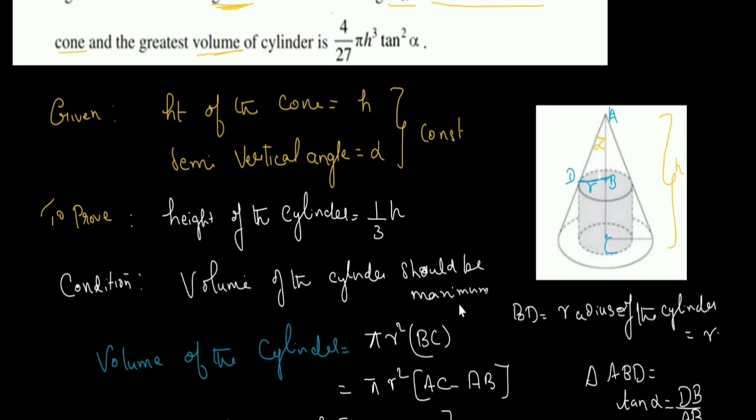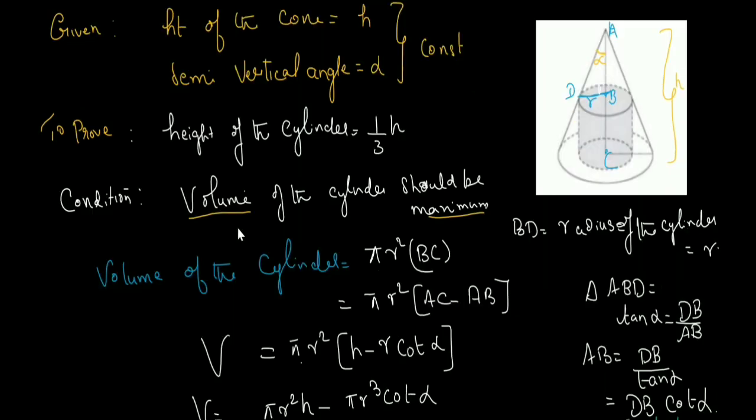Whether it is maximum or minimum, we have to differentiate the function. Here the function is the volume of the cylinder. So we have to differentiate that and equate to 0, then find the critical points. Then we find the second derivative, and if it is maximum, we have to prove that at those critical points the second derivative is less than 0. So let us first find the volume of the cylinder. What is the volume of the cylinder?